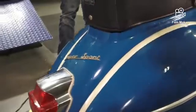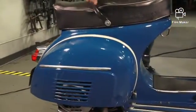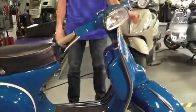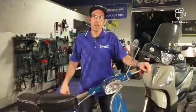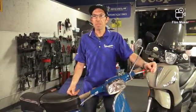but they do have nice clean lines. They use gray rubber strip for the cowls, and also on the grips and the horn rubber they typically had gray strip, as well as the glove box here. So there you have it, the Vespa SS 180, definitely on my top 10 list of